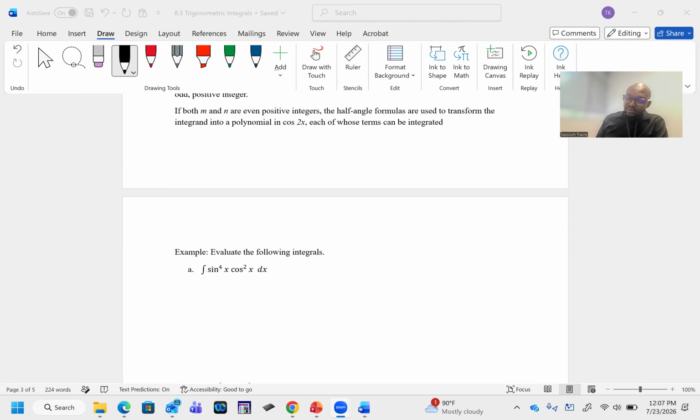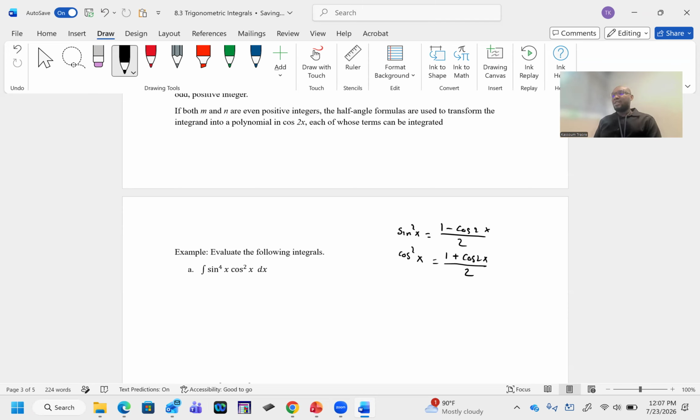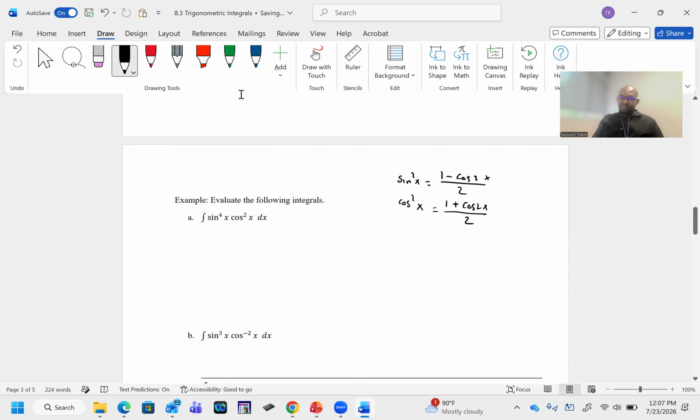So again, just to refresh your memory, we know sine squared of x is what? 1 minus cosine of 2x divided by 2, and cosine squared of x is 1 plus cosine of 2x over 2. So we have to do that until we do not have any more power, okay? And sometimes you have to use your trigonometric identity if it helps. So then I will just say my integral